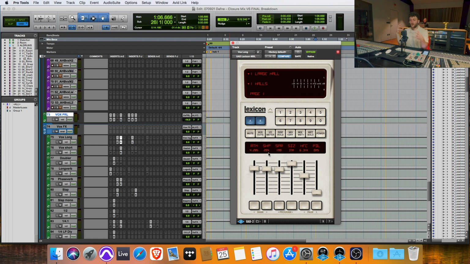There's more early reflections coming in before that lush reverb is introduced. So you can really adjust if you just want a thin, long tail at the end, or you want a dense reverb with the tail. So let's see how a pretty high shape is, as I have it now, which is a denser sound. And then if we put it all the way down,